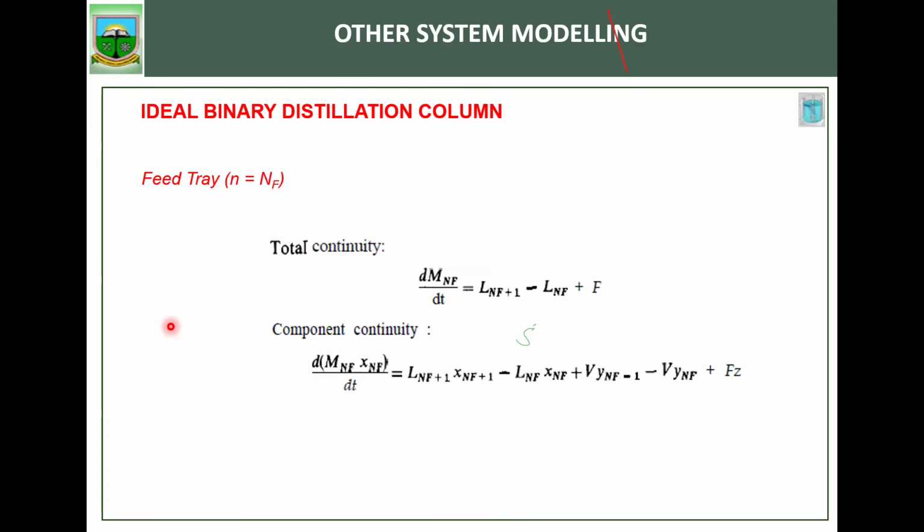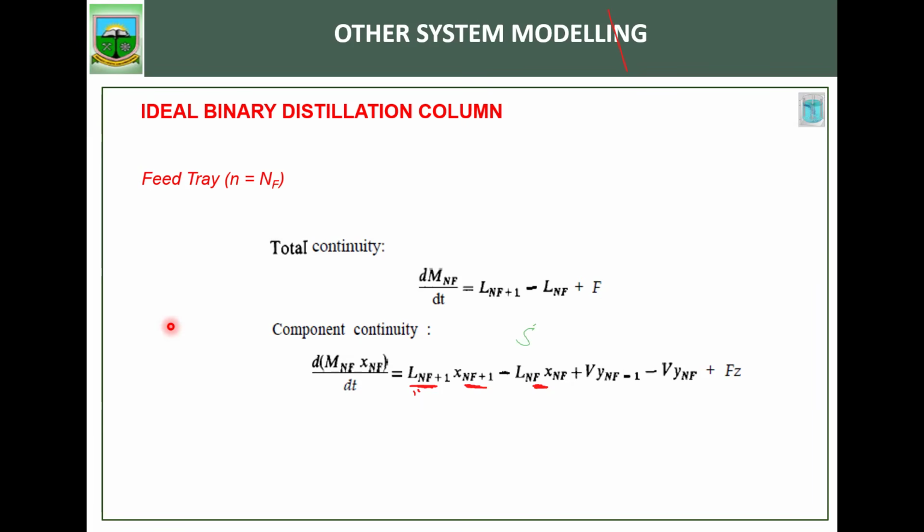So when you do that, write the same thing for the feed tray. Remember, it has similar behavior to what we have just done. It has an addition of what? Receiving an input, which is coming in. So the amount of light components on this one is going to be what? The percentage of light components in the tray on top that brings liquid down to it. That's this one. Times the mole fraction of the lighter component, minus the amount of liquid leaving that tray